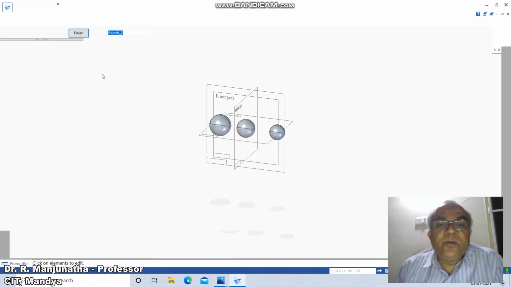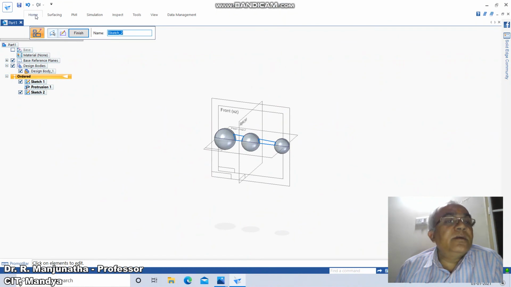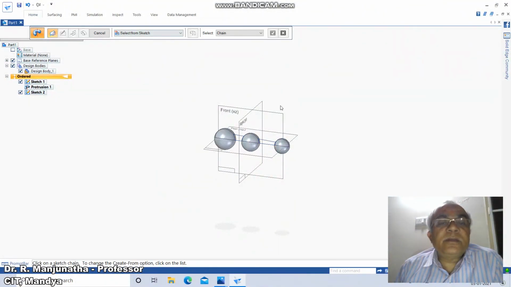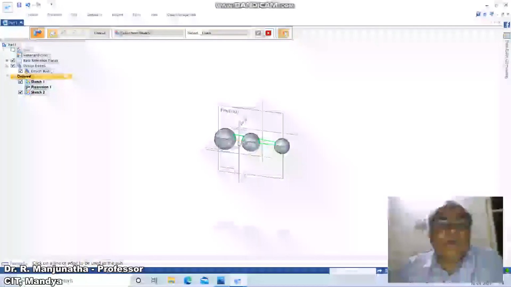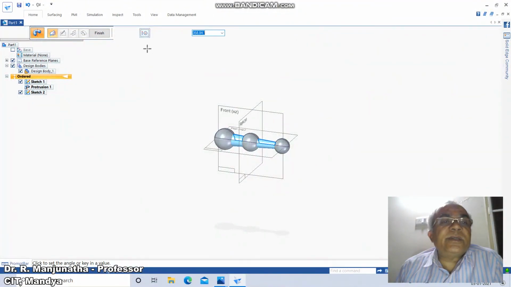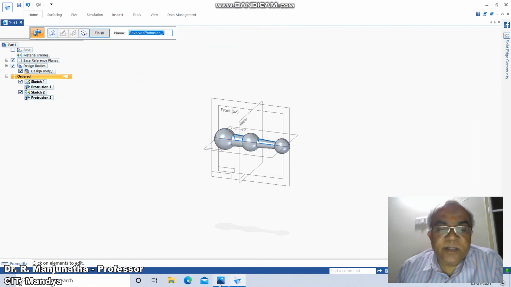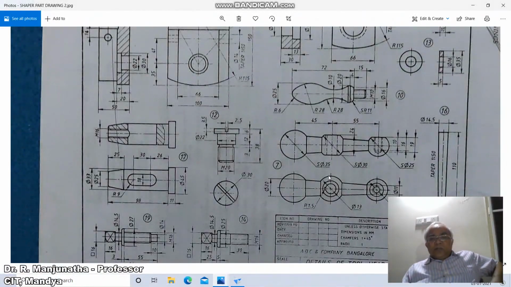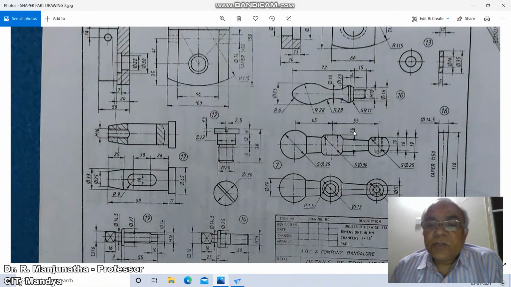Then we go for revolve protrusion. So go to home, revolved protrusion, select from sketch this and this, accept it, and revolve it through 360 degrees. So we are going to get this cross section which has been done. Once you do that, this portion is over. Now we need to create this portion, which is of the diameter,